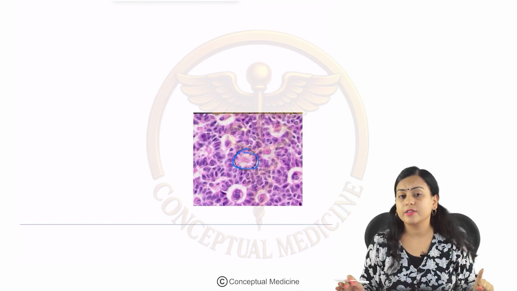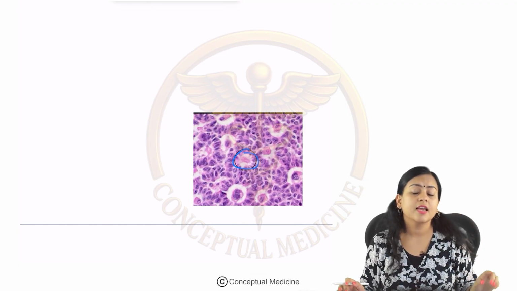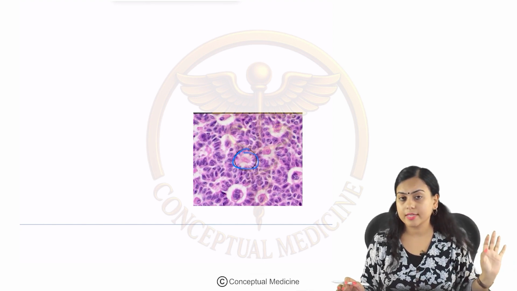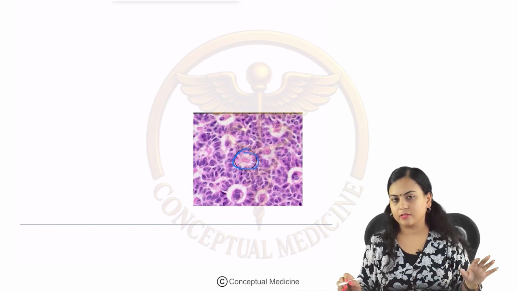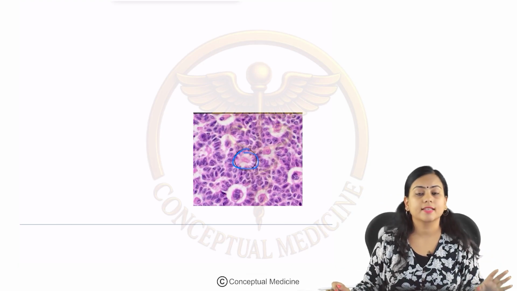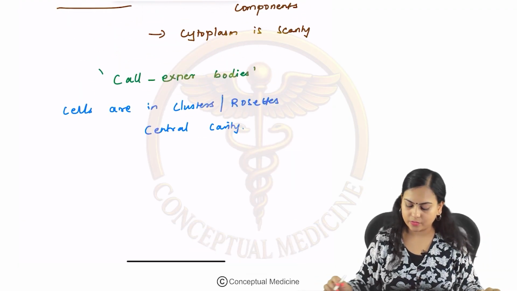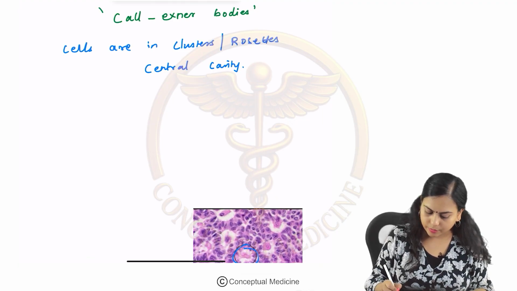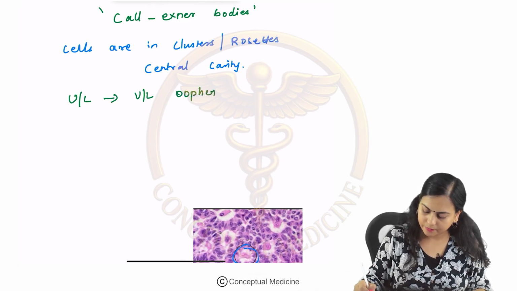If you see a blood vessel here, then it is a Schiller-Duval body and it is seen in endodermal sinus tumor or yolk sac tumor. When you see nothing but the cells are arranged like this, okay, the red thing is not seen, that means it is called an Exner body and it is seen in granulosa cell tumor. Clear? Right. Now, you have to remember these tumors are mostly unilateral, so you can offer unilateral oophorectomy